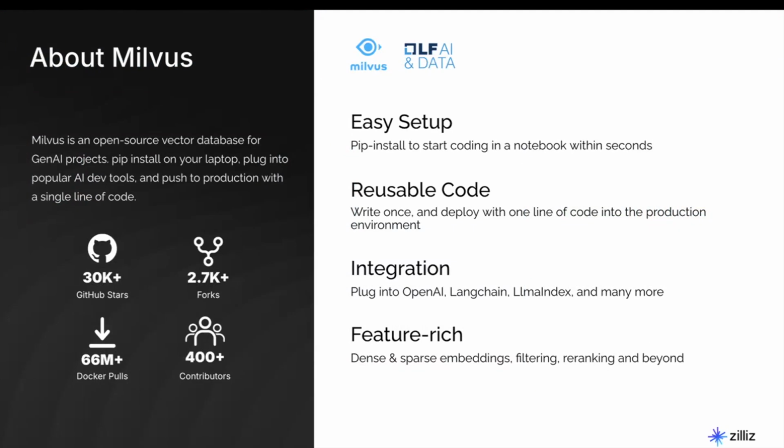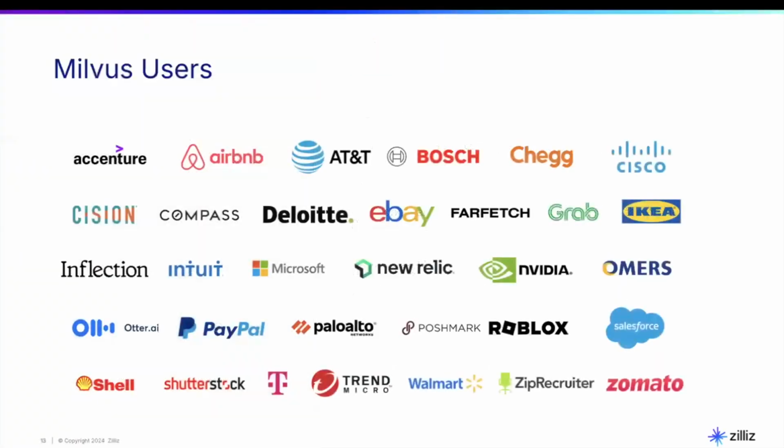We've been lucky to have a really powerful open source community with over 400 contributors and 30,000 stars on GitHub. So very good about that. Another testament to the power and the quality of the software is the industry partners which use it for their applications, whether that's recommender systems, semantic search, or RAG. They're using Milvus.